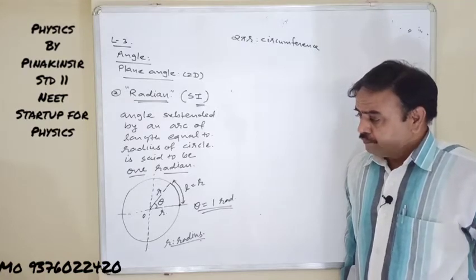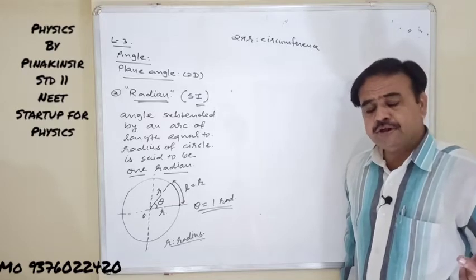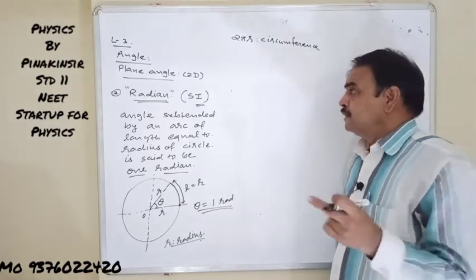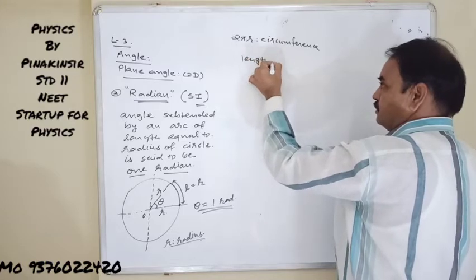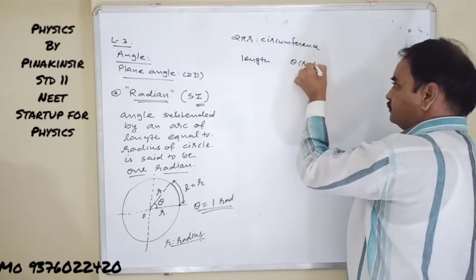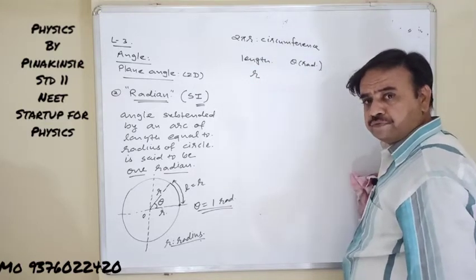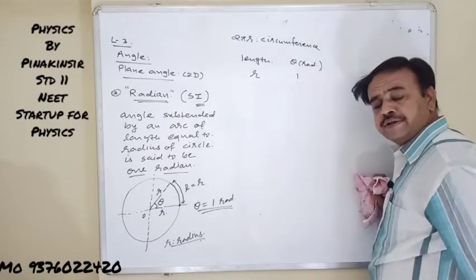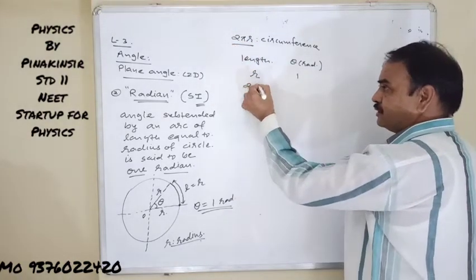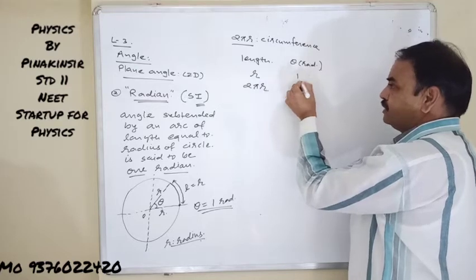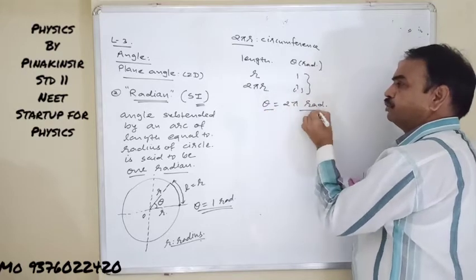Now, for 1 radian, arc covered is what? Equal to radius of circle. Now, we can make a triple product, simple triple product. Length of arc and theta in radian. If length of arc is, say r, that is equal to radius of circle, then angle subtended is 1 radian. If we cover the total circumference, that is, if we take 2 pi r length, then what will be theta? It is clear, 2 pi radian, from this triple product.